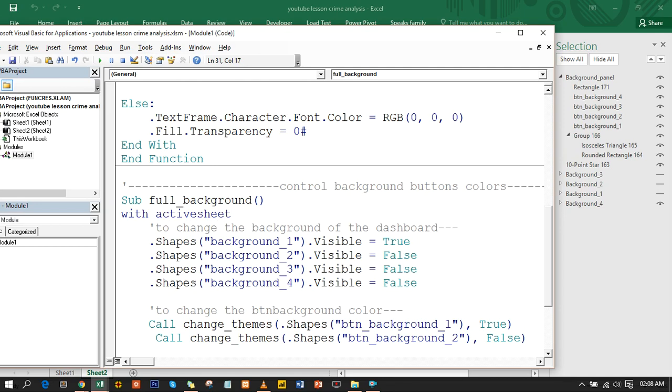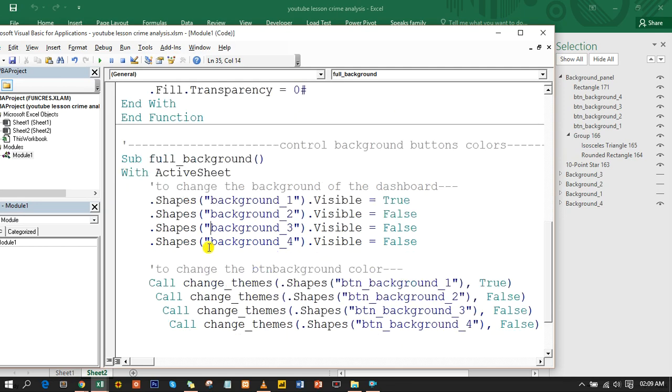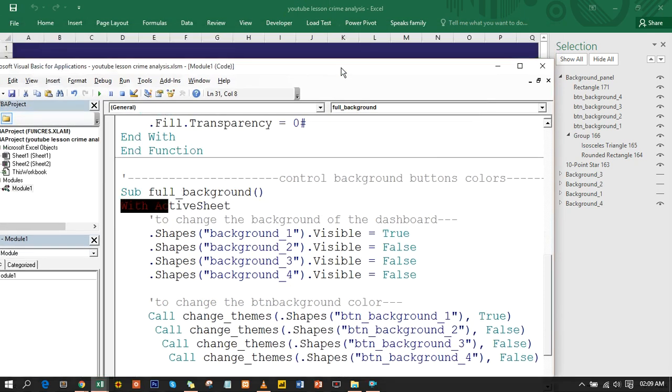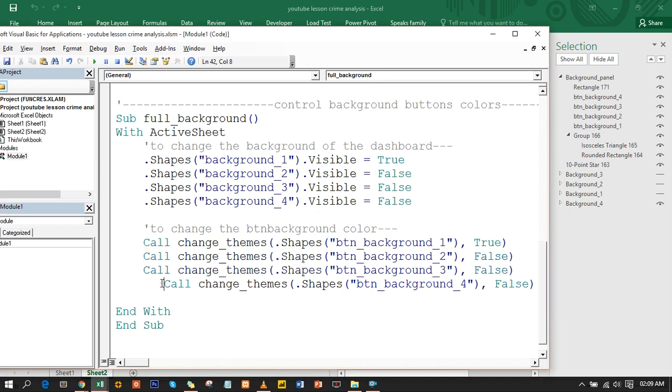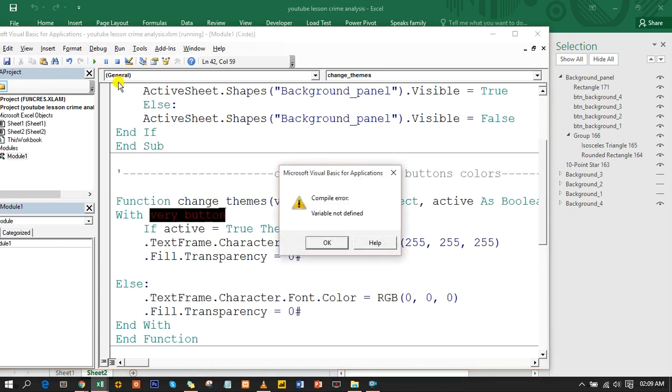So with active sheet right there, I'm gonna have the end. When we actually open with active sheet, I've explained that to you guys already. So right now this is all we need. I'm just gonna make sure this is actually, so now, this is exactly what it is. This is for button 1. If I run this